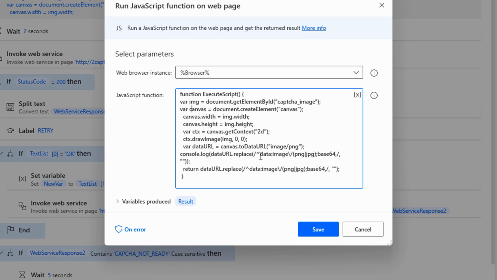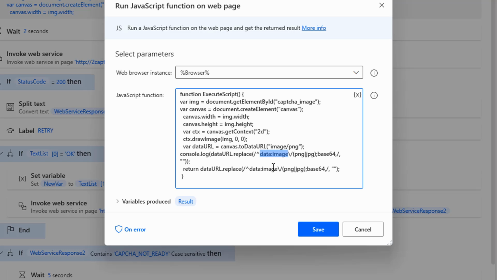Actually, the reason we are plotting that into a canvas is that the canvas contains a toDataURL function. That will convert the canvas to a base64 string starting with data:image, then the base64 string. So what we are going to do is replace the data:image prefix and then return the value.